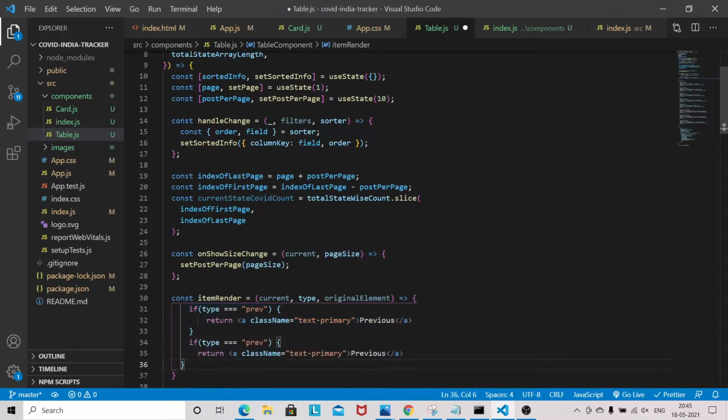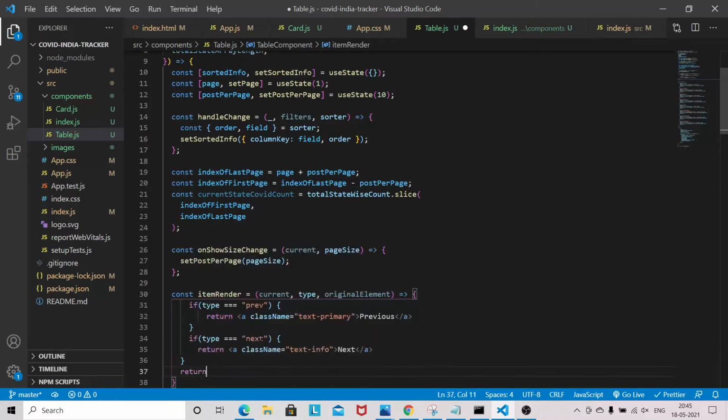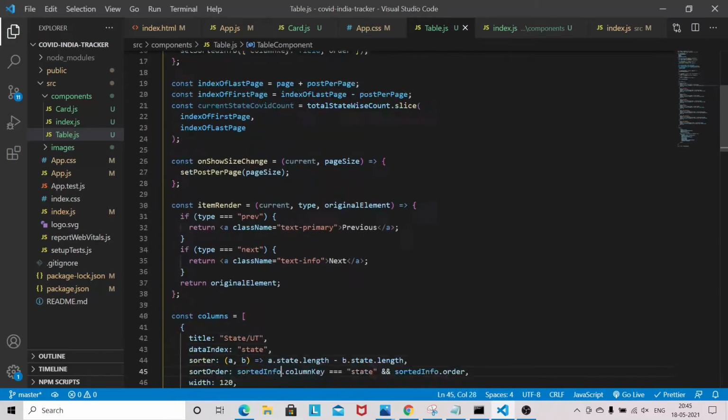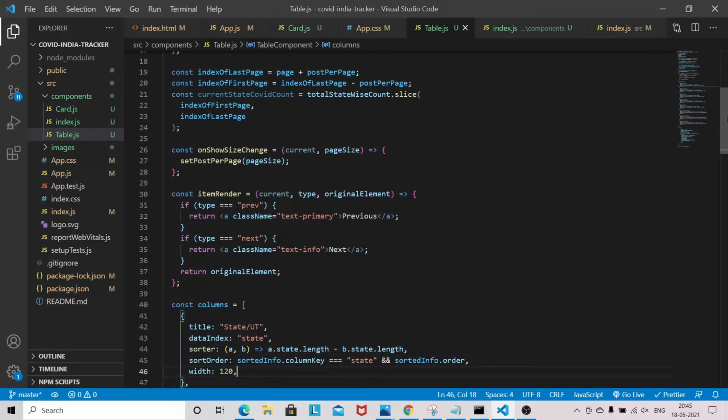I will copy it: type is next, then we'll give text-info, button name will be next. Else I will return original. Okay, these two things we have changed.